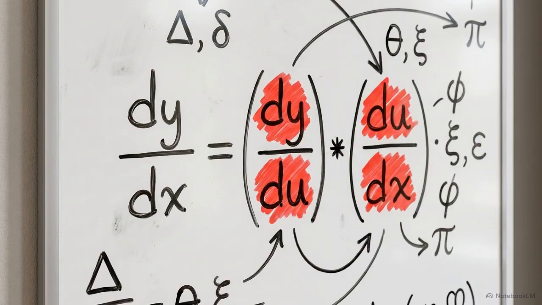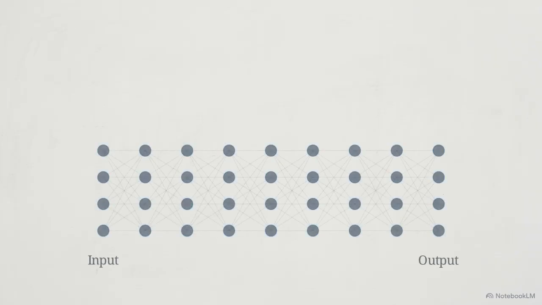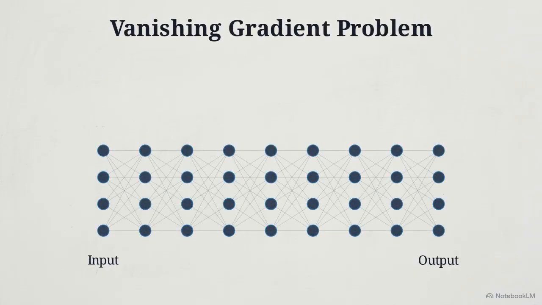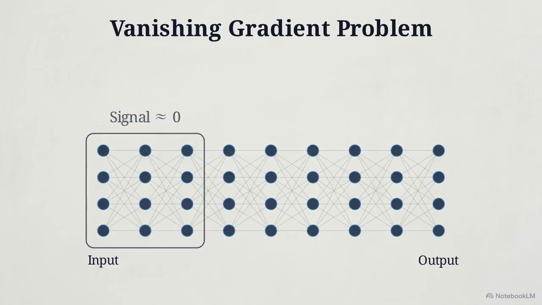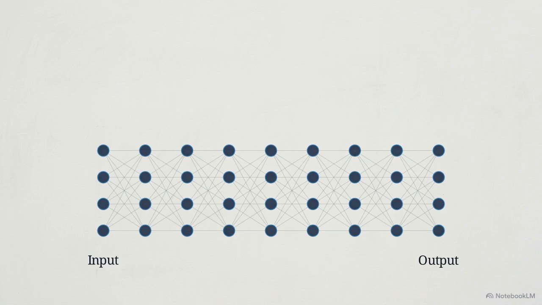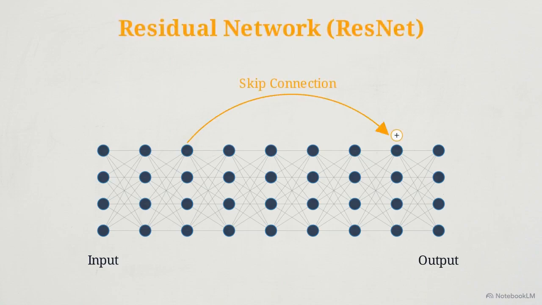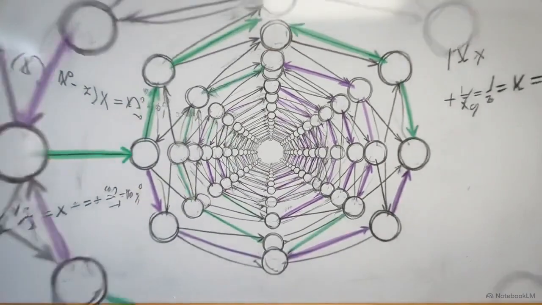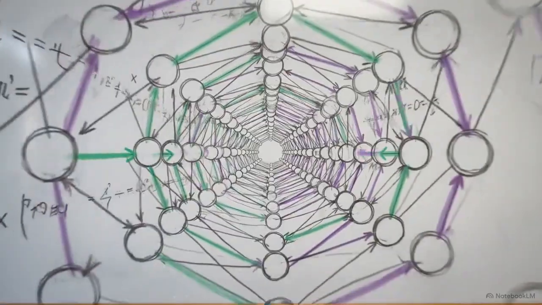Training deep networks is constrained by the chain rule used during backpropagation. This diagram illustrates the vanishing gradient problem. If the gradients in later layers are small, multiplying them together causes the signal to shrink exponentially as it moves toward the input. When the signal reaches early layers, it's effectively zero, stalling the optimization process. ResNet architectures introduced skip connections to bypass specific layers, providing a direct path for the gradient to reach early layers without decaying. This architectural change removed the mathematical ceiling on depth, allowing models to scale to hundreds of layers while